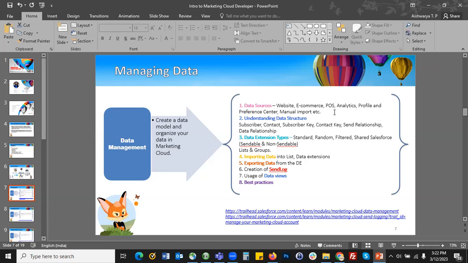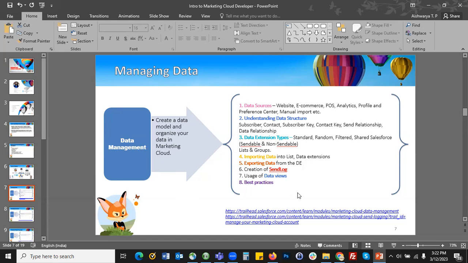So in some of these slides, what I've done, I've just given the definition of what the topic is all about, then the areas of interest, what you need to focus on for that particular topic, and then some Trailhead or help links for your reference, where you can go ahead and grab some more knowledge on these particular topics.